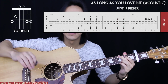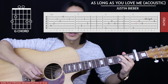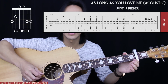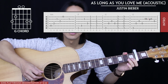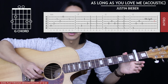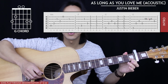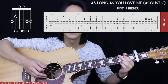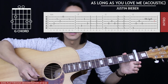Now for the next bar of G, we're going to start with the same 4 picked notes. So 6th string, 4th string, 3rd string, and then 4th string. Then you can lift your hand up off this G chord. You're going to pluck the 2nd string, hammer on to the 1st fret, pull off, and then end by hitting the 3rd string. That's all in one fairly smooth motion. So it's a hammer on, pull off, and then you're hitting the 3rd string. So this bar in total will sound like this. 1 and 2 and 3 and 4 and...